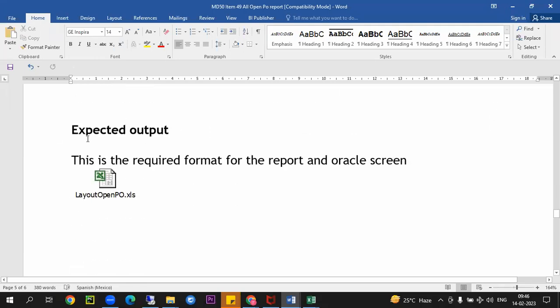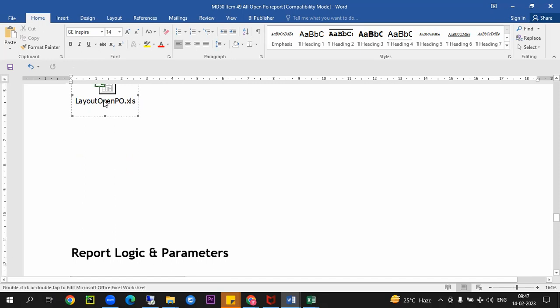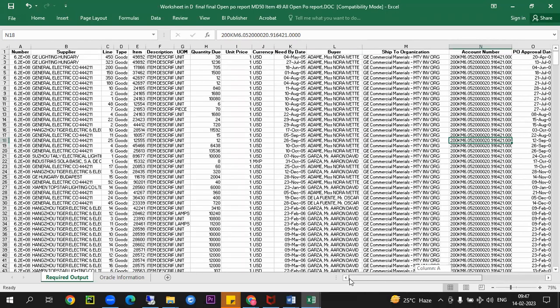Now, expected output. This is the required format for the report on Oracle screen. Click on this. This is expected output. These many columns we need to design here. First is